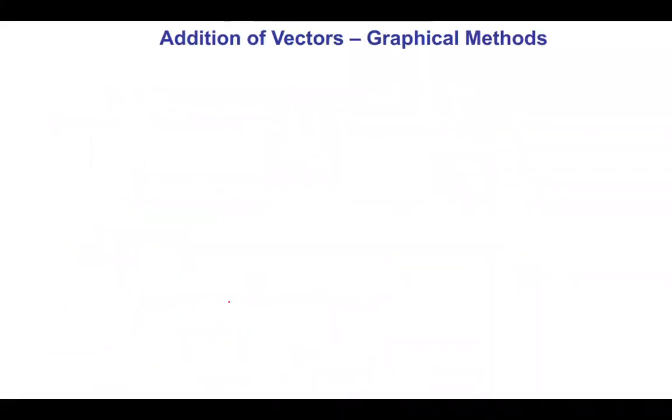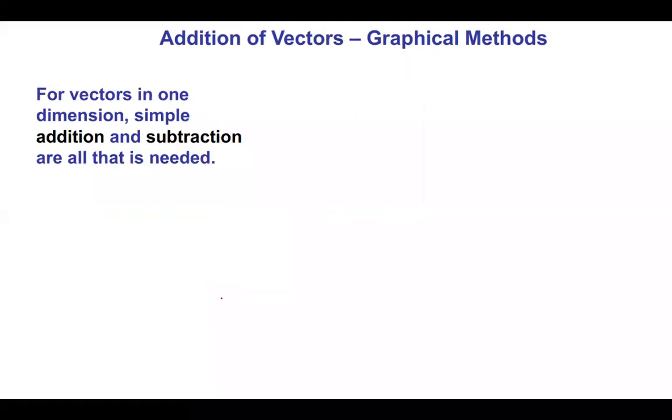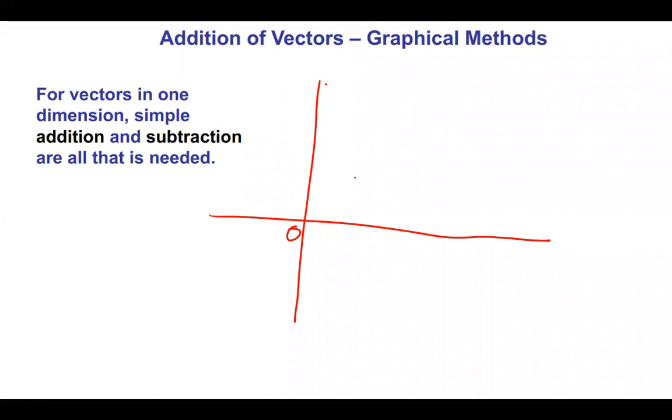Let's look at how you can add vectors. Vectors in one dimension are simple. Addition and subtraction are all that is needed. If you have a vector, I'll give an example, I'll draw an XY plane. If you have a vector that is in just one dimension, what we mean when you say a vector is one dimension, meaning it's either only in the Y or